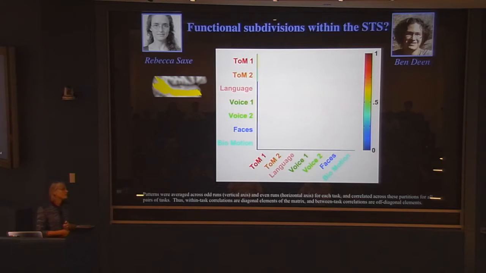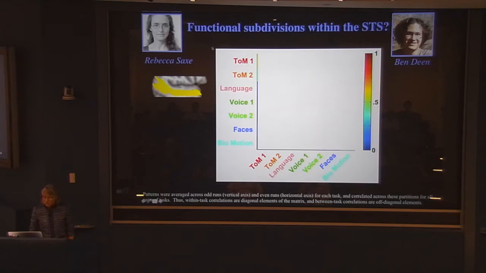Okay, so the first thing is basically the simple idea of let's take all of these previously reported tasks that activate that general region, and let's run them within subjects. The first thing I'm going to show you is an anatomical mask following the superior temporal sulcus. So we look at that whole region, and then we look at the pattern of response across that region for each of these contrasts.